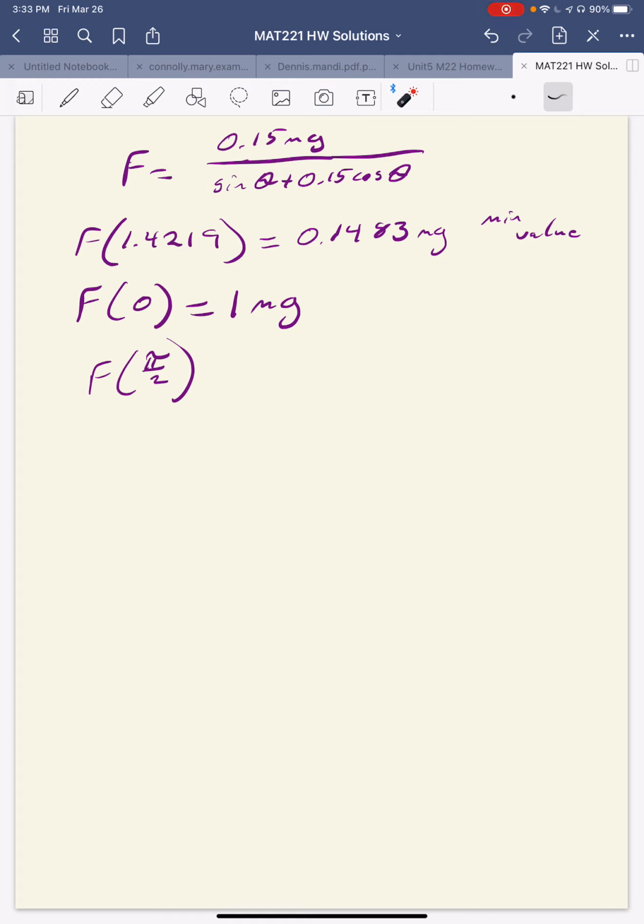Cosine of pi over 2 is 0, so that term would go to 0, and I would have just 0.15 mg over 1, so that would give me 0.15 mg. And so now I can see that, oh yes, this is my minimum value here, and 1 mg is my max value. All right, so I think